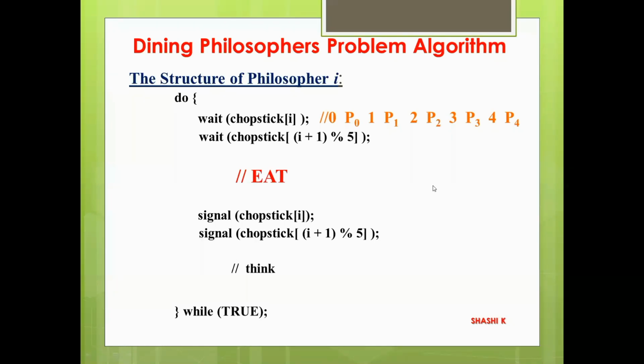Okay, what will happen is, if all the philosophers, many of you have answered correctly, grab their left chopsticks, all 5 philosophers get hungry simultaneously, at the same time, and they first try to grab their left chopsticks. They all grab their left chopsticks, and then they all try to grab their right chopsticks next, but it will not be available because it's being held by the neighbor philosopher. So in this case, it will lead to a deadlock. This is the situation in which it will lead to a deadlock.